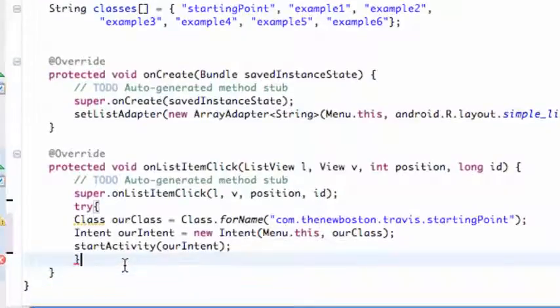The next thing we need to do is catch an exception. For example, we're going to use the exception type class not found. So again, if this class is not found, it's going to give us that exception. So we're going to say catch, and then we have to define the exception within parentheses. And again, the exception type is called ClassNotFoundException. We're going to give this variable the label E, and then